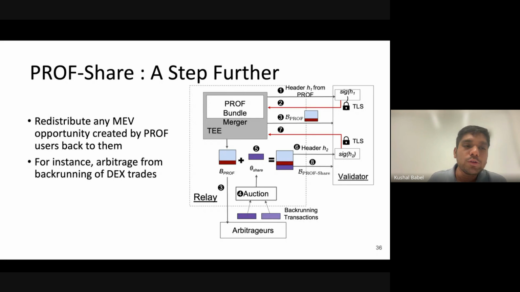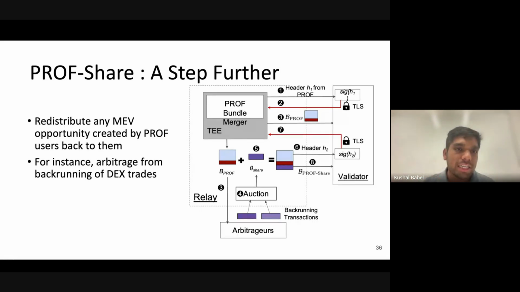And then once you form the blue block, you append the blue transactions, which are the backrunning transactions, and you get a new block. That block must be better, because it has those blue transactions in it, which pay a little bit to the validator. Then you can create a new header for the validator to sign. And once the validator signs that header, you can release this block. The crucial insight here is that unlike MEV share, which has a trade-off between the privacy for users and the inclusion likelihood,